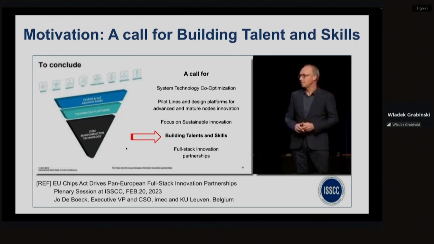In Europe, we are facing a really critical issue: fewer and fewer teenagers and young students are joining our microelectronic IC design domain. This point was highlighted a couple of times while we discussed the European Chips Act, and Jo De Boeck, VP of IMEC, highlighted this issue around the globe.